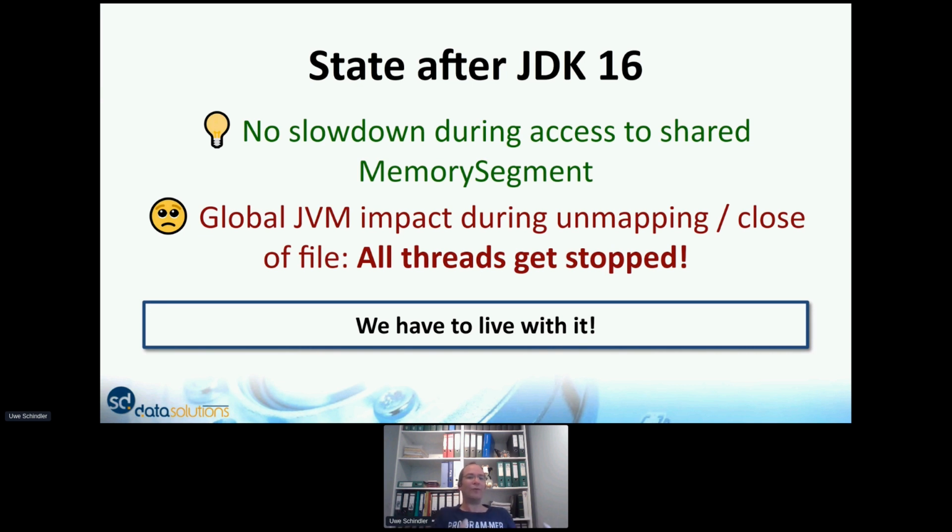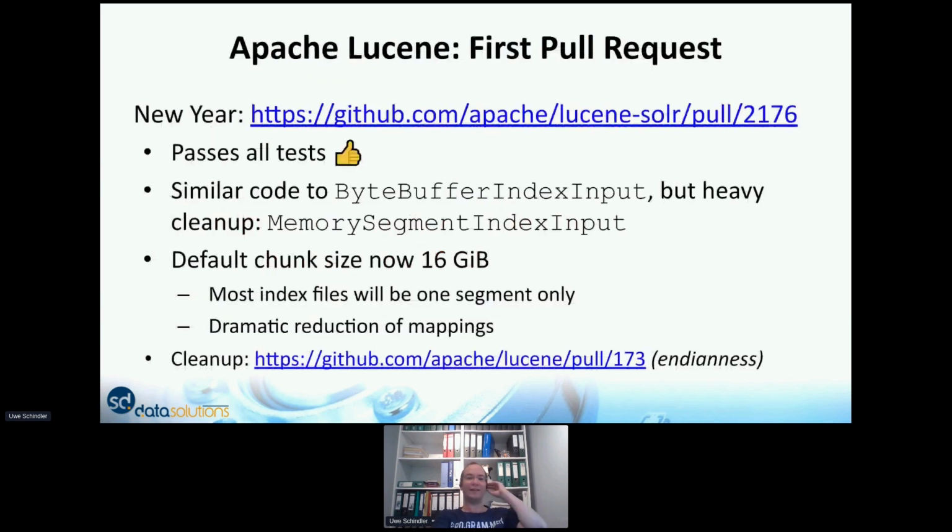But when one of the threads unmaps the Lucene index, for example, one file, all threads get stopped for a very, very short time, which is a so-called safepoint. Safepoints happen quite often in the JDK whenever something like an optimization in the program code has to be stopped from working. So it's not seldom that it happens. But you have to keep in mind, whenever you close and unmap our stuff, all threads get stopped for a short time. So now we had the first pull request.